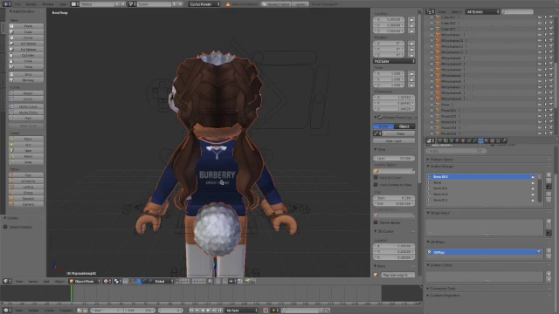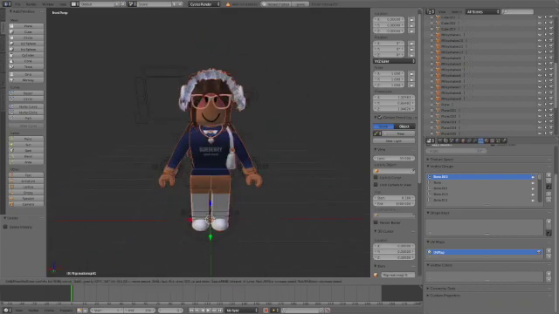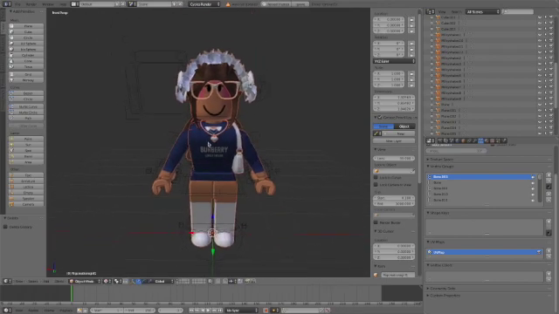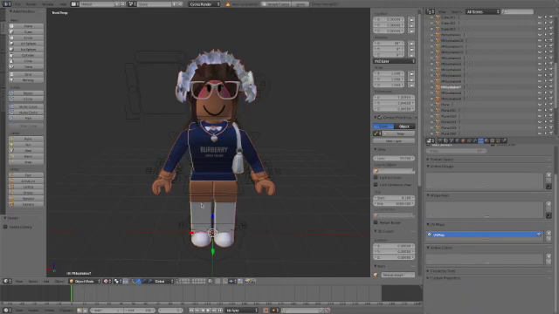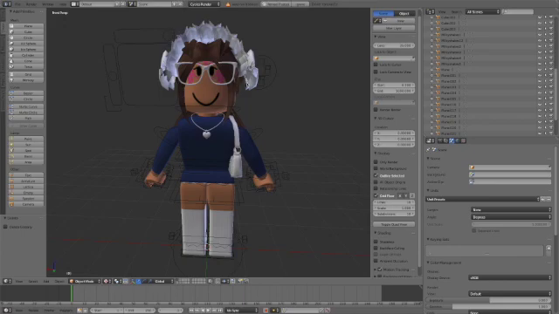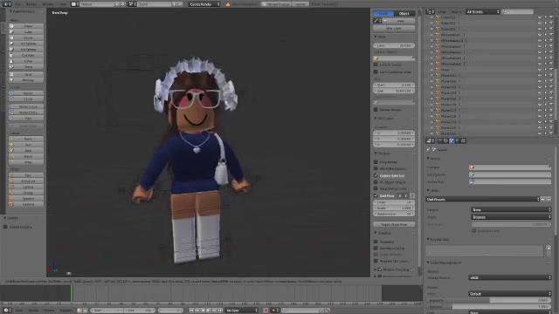So as you can tell right now, we've already got everything loaded in, and what we're going to be doing is deleting the limbs. We don't want them because we already have them in the rig. So what you're going to do is just select all of the limbs facing this side and delete them. Perfect, so now that we've got all of our limbs deleted,